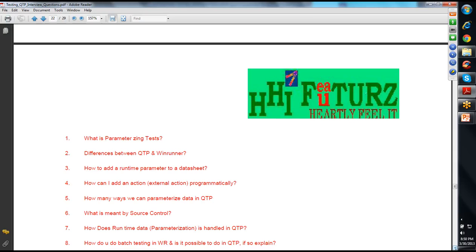Nobody is going for that. Okay, so how to add a runtime parameter to a data sheet? Data table dot parameter, one method is there. With the help of that method, you can use data table dot parameter. Okay,